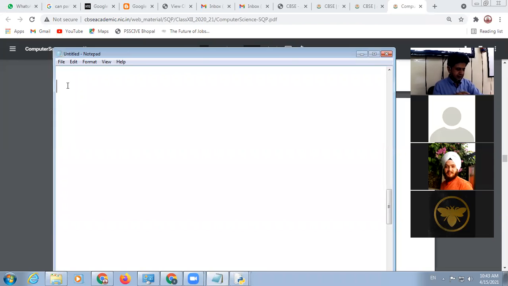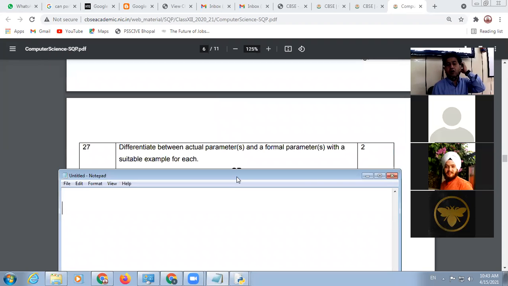Okay students, the question is the difference between actual parameter and formal parameter. The parameter which we give at the time of function calling is called actual parameter, and formal parameters are those parameters which are declared in the function definition.